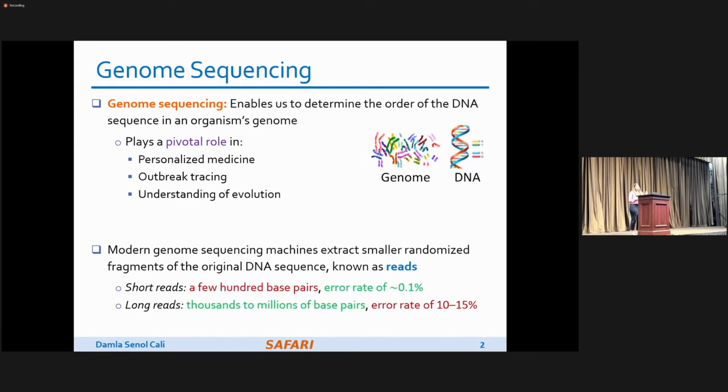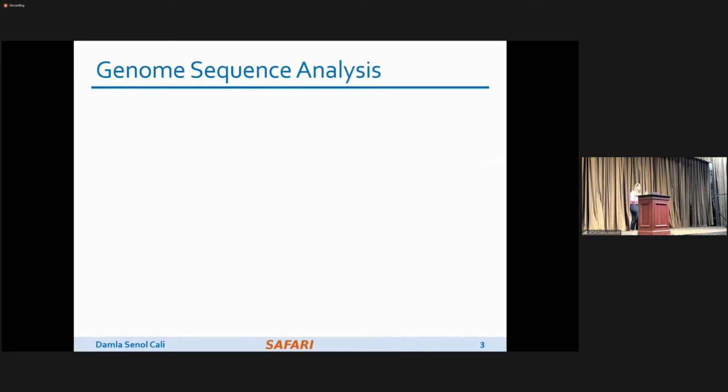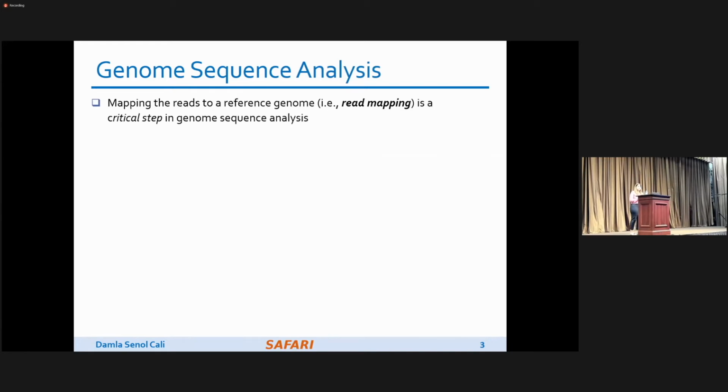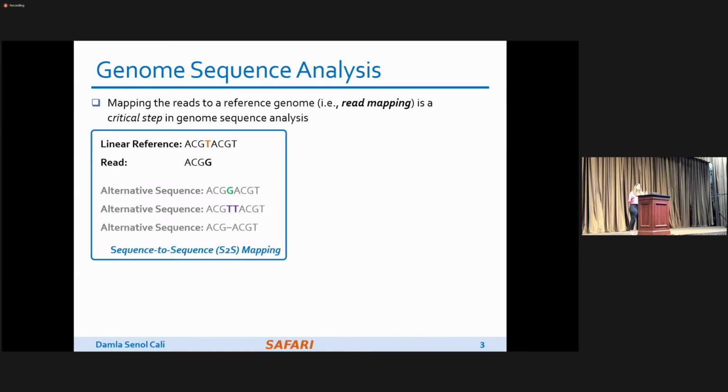State-of-the-art sequencing machines either produce short reads or long reads. Read mapping, which is the process of mapping the reads to a reference genome, is a critical step in genome sequence analysis. Traditionally, we perform sequence-to-sequence mapping, where we map reads collected from an individual to a known linear